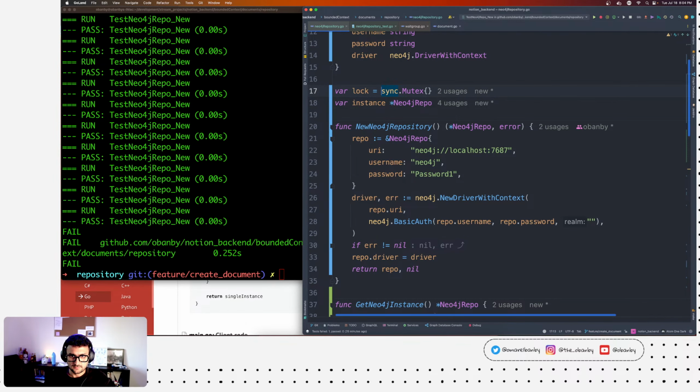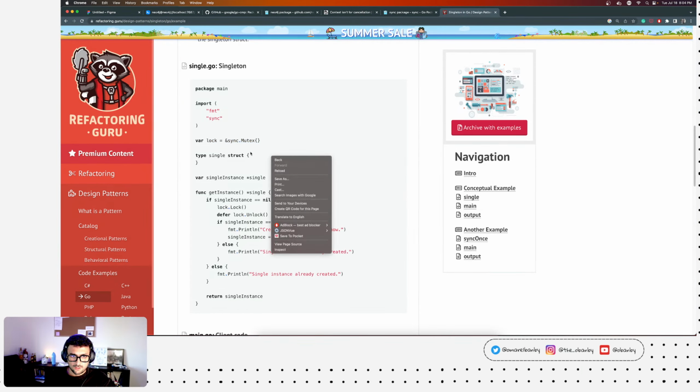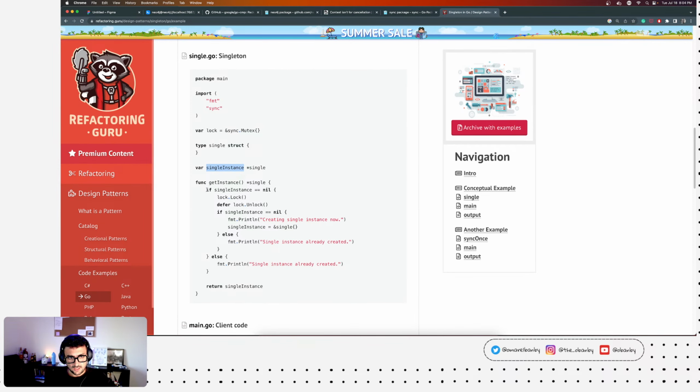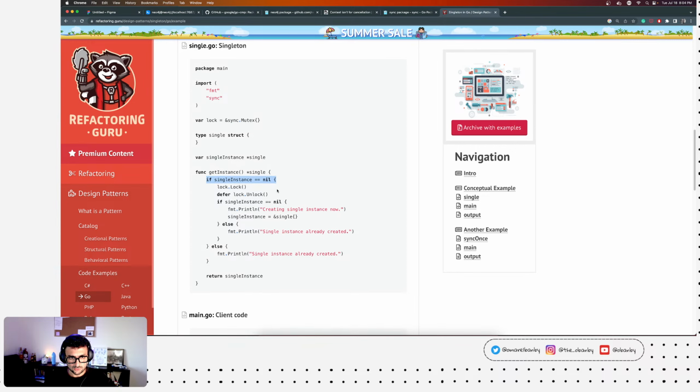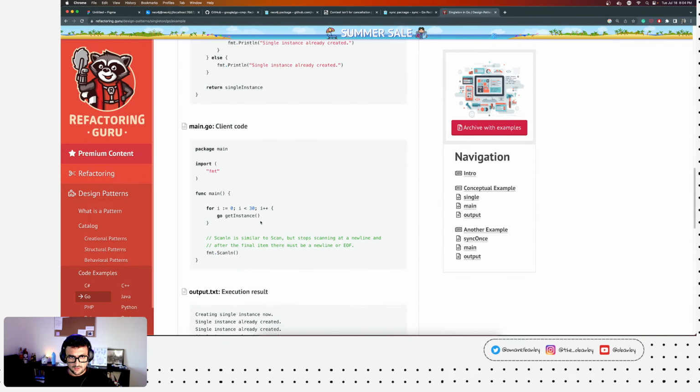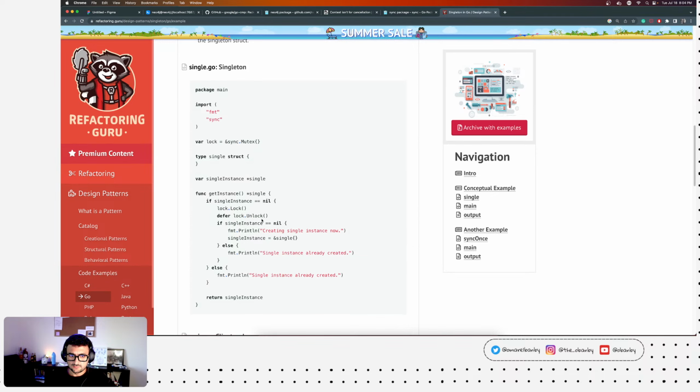Yeah, no. Okay, so they have a lock here, which is a mutex, and the single instance, which is our instance in that case. And they're saying if the instance is equal to null, you're gonna lock it, and then you defer. Then you do double checking. Single instance is equal to null. I don't like that double checking.